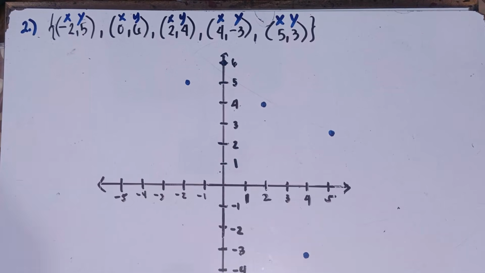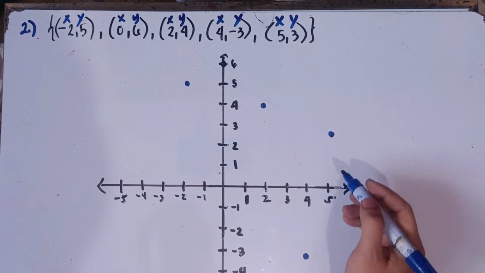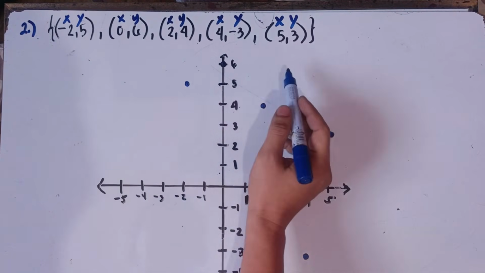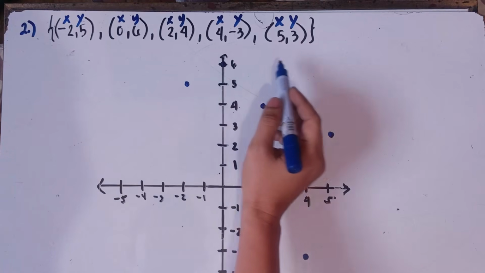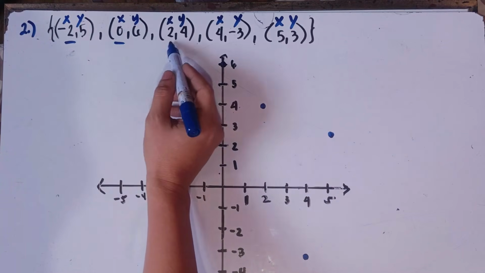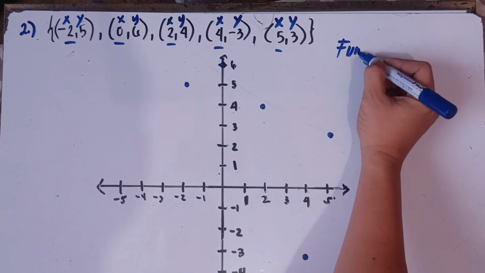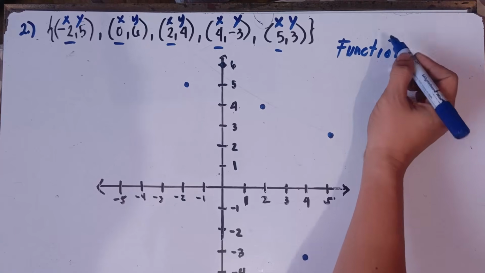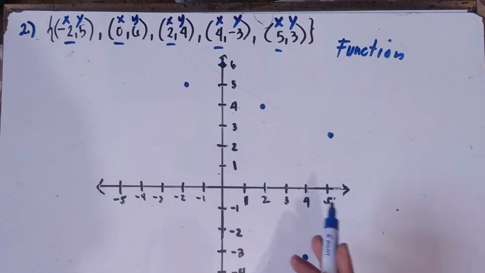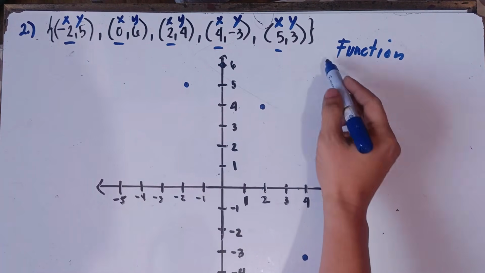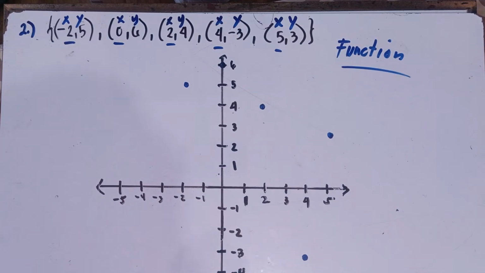So connect these. Alright, so once again, class, remember this one. You check the given ordered pairs if the x value is repeating. Nope, the x value is not repeating. Automatic, class, this will be a function. Once again, for the set of ordered pairs, if the x value is not repeating, automatic, this will be a function. But let's check that one, class.